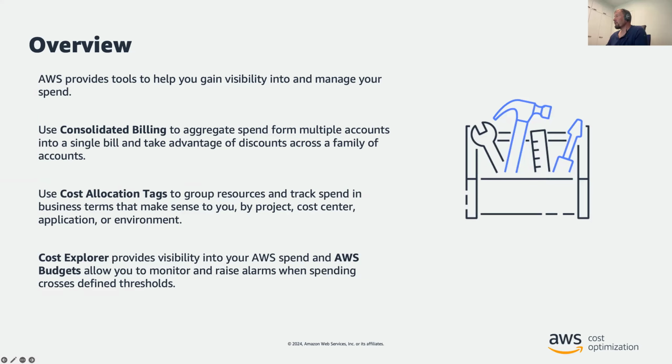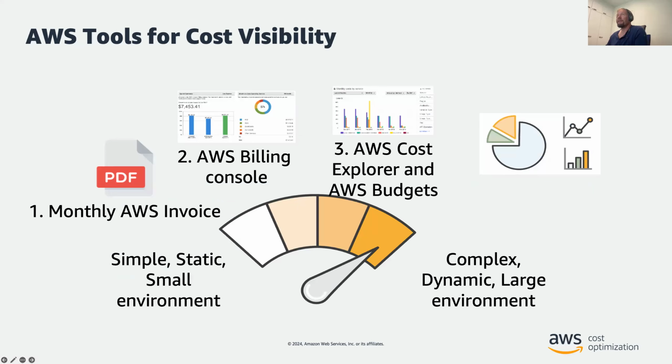All right, and if we take the next slide. Here are some of the tools that will give you visibility. The monthly invoice in an enterprise is like a 100-page PDF that you don't really want to dig into. So you go into the billing console. If you want to look at some more data, you drill into the Cost Explorer. If you want to see even more fine-grained data,